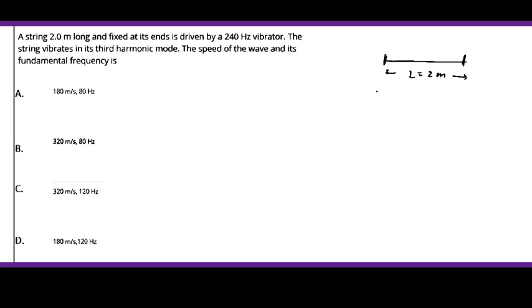We need to find out the speed of the wave and the fundamental frequency. Since it is fixed at both ends, the harmonic mode is given by the formula Fn equal to n v by 2l, where v is the velocity